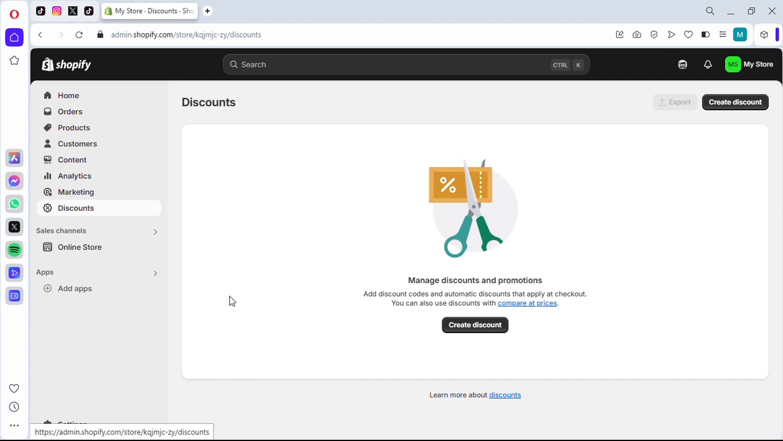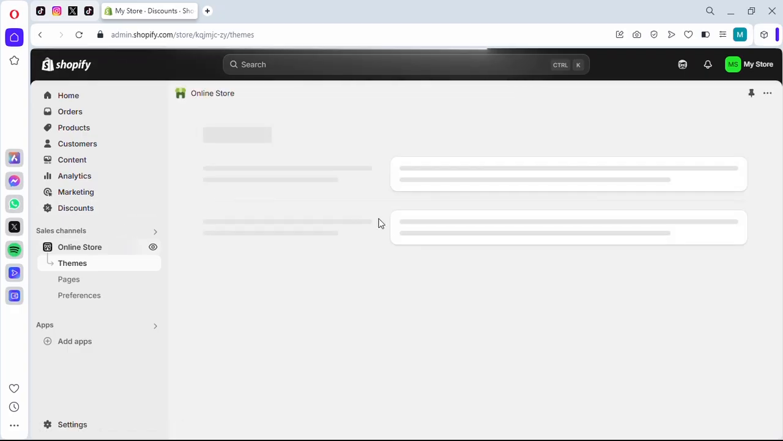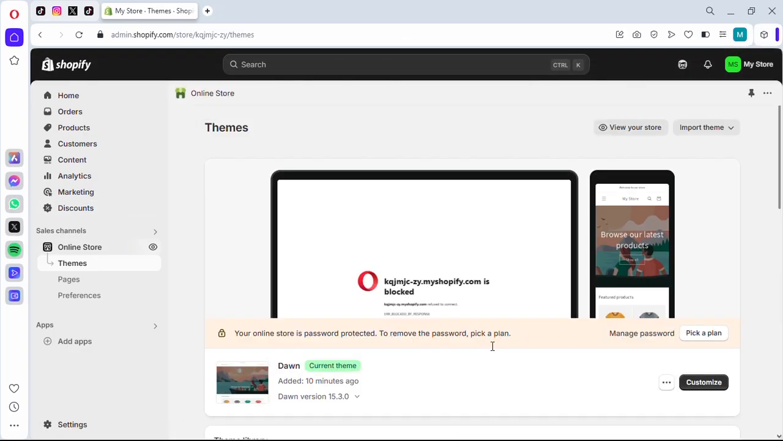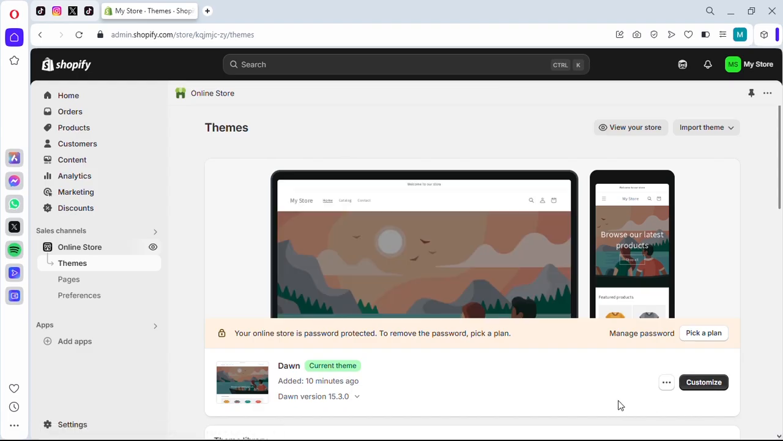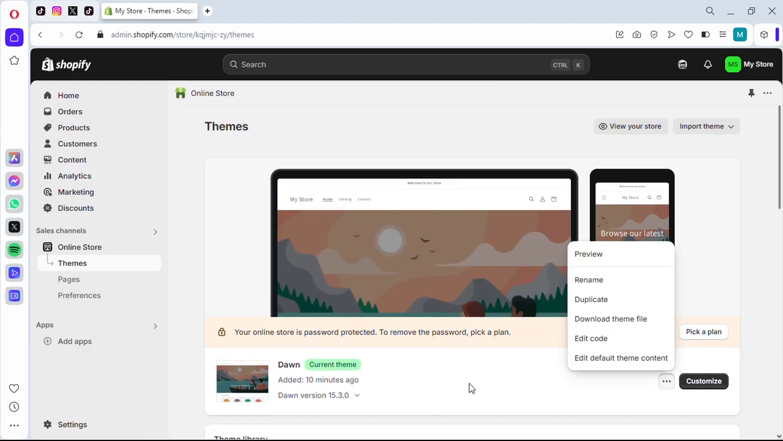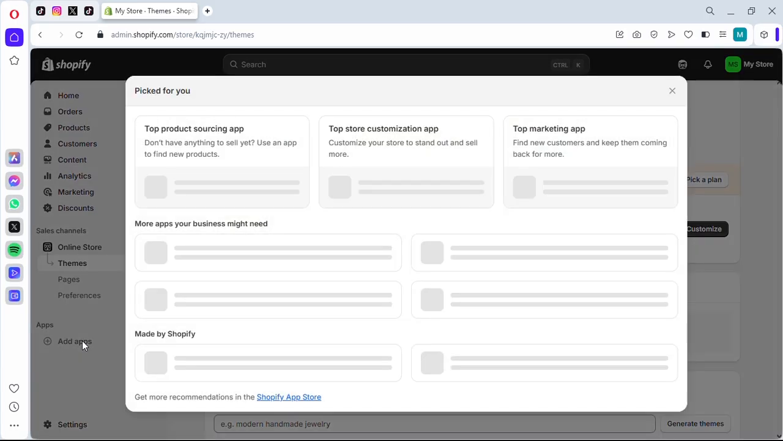And then the sales channel. So you can set up an online store here. All you have to do is choose a template by clicking customize, or if you know how to code, just click edit code. And if you want to add additional features, just click the apps